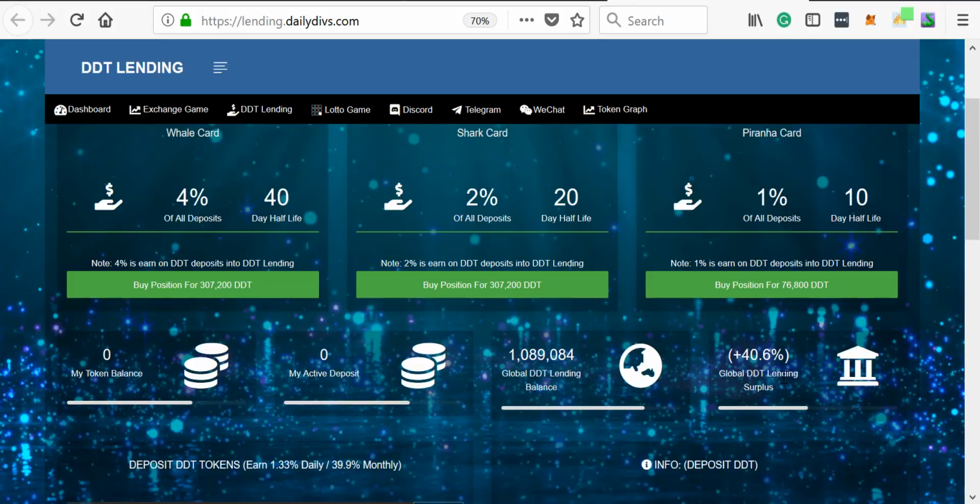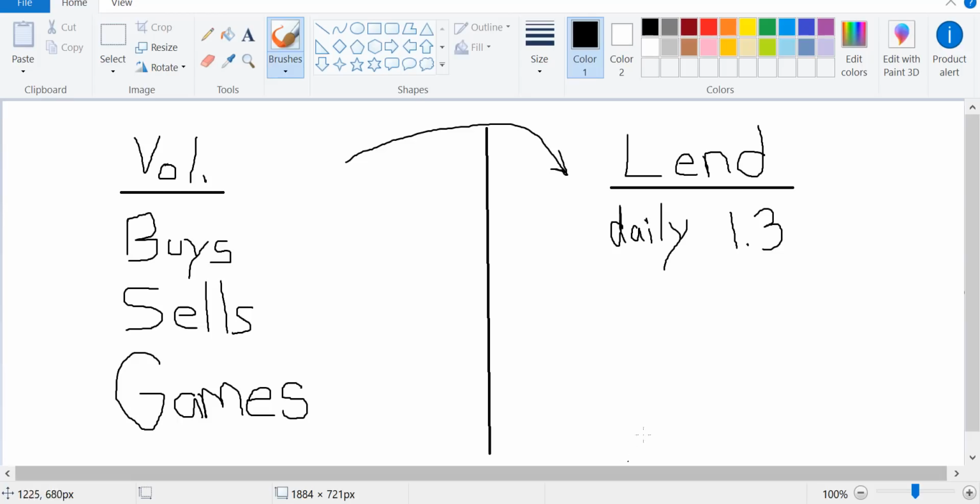I don't care what the math says, because the math can't outrun compounding. This is why. You got to understand, all the lending platform is, let me see if I can get this with a better...